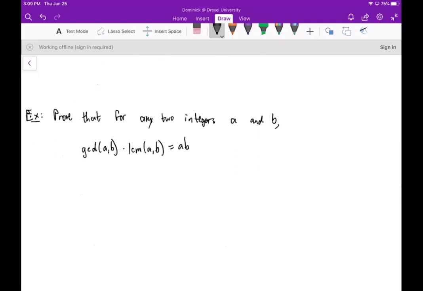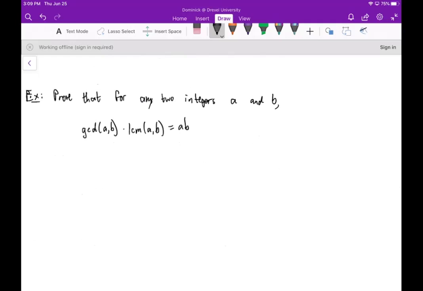So the example that we're going to do is we're going to prove that for any two integers A and B, we want to show that the GCD of A and B times the LCM of A and B is A times B. Let's just write down what the prime factorizations would be. So we'll say that A is P1 to the K1, P2 to the K2, all the way to Pn to the Kn. And we'll say that B is Q1 to the L1, let's say,